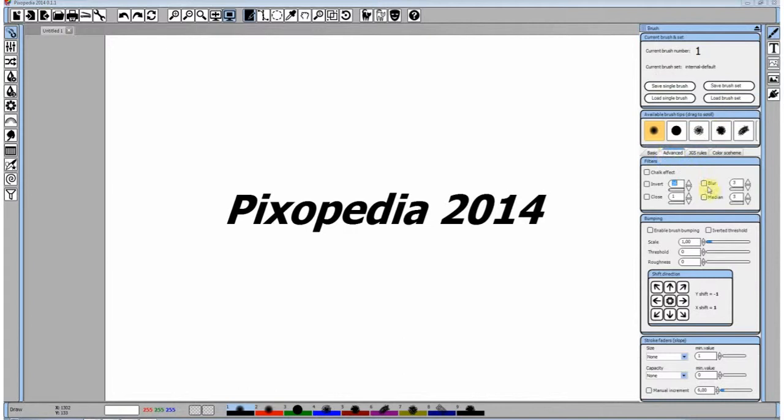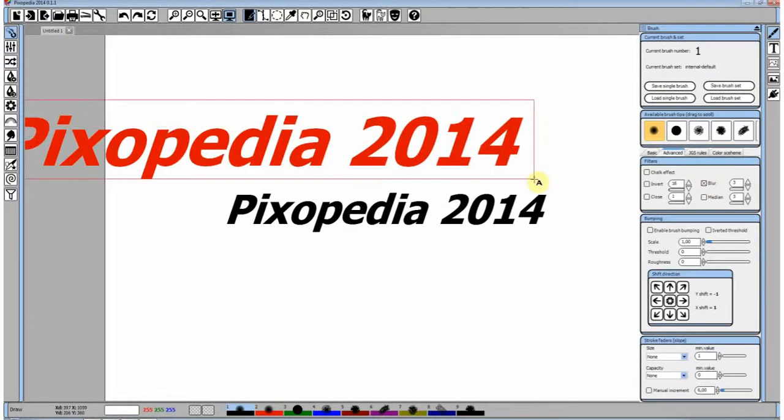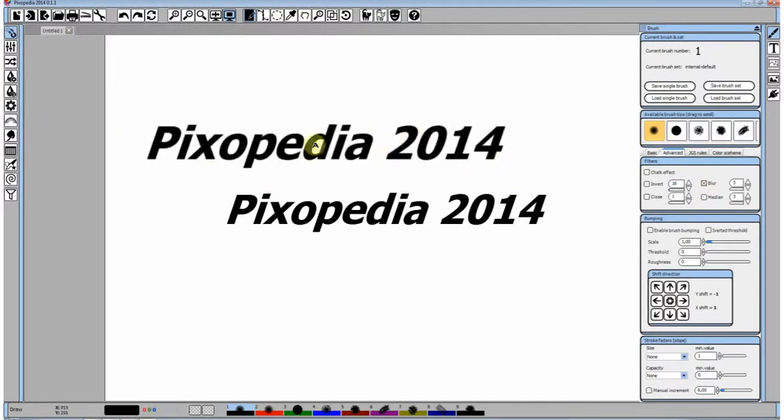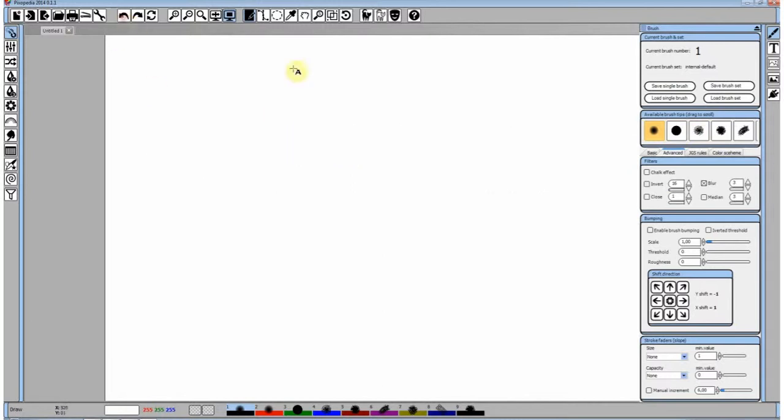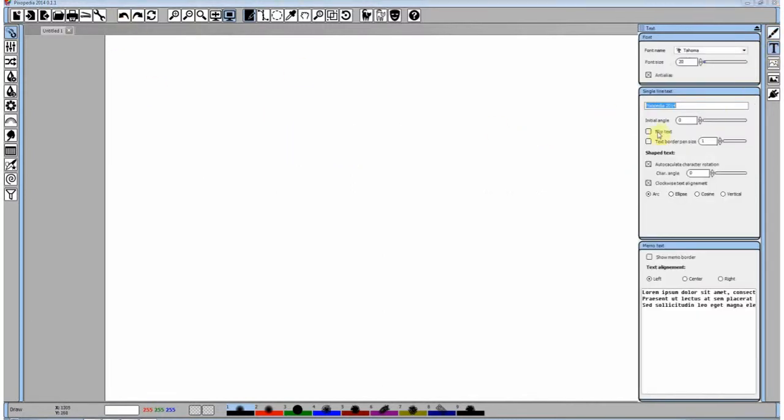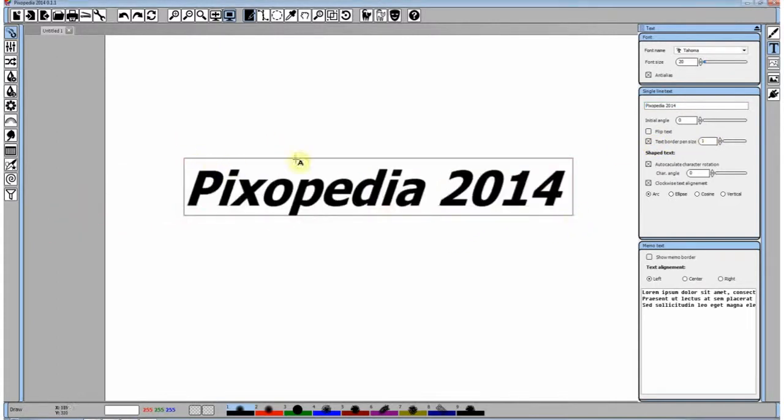We can use a blur, so the text will be a little bit blurred. We can use again everything bumping, but with brush tips do not play any role when text is drawn, rendered. Now we can also leave a border here. Now border will be drawn,